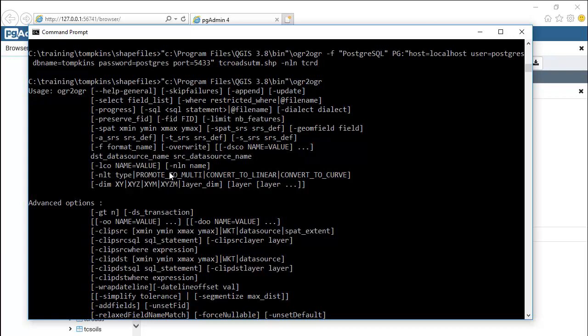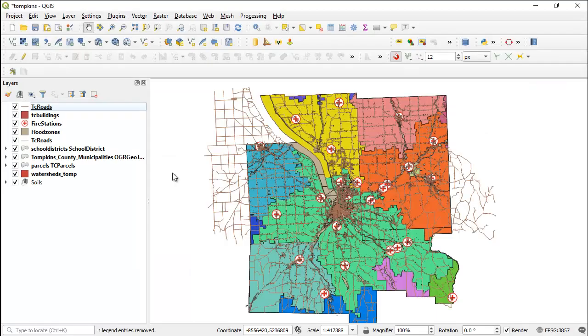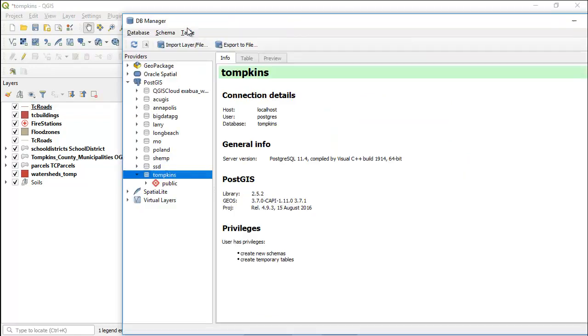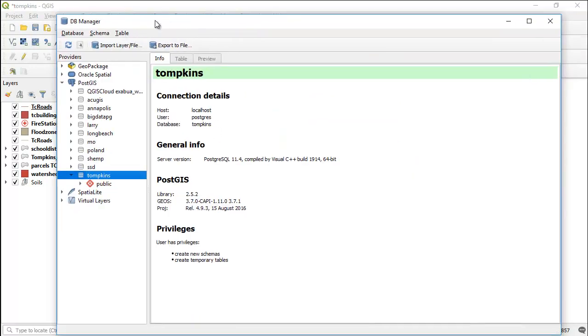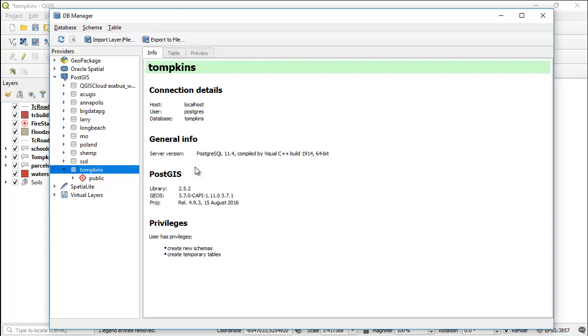So it's very nice for the programmer in you. But again, for us mere mortals, I really do like the DB Manager, especially because it gives me so many options for changing field names and changing the coordinate system on the fly. But anyway, that should give you three good options for getting data from the outside into